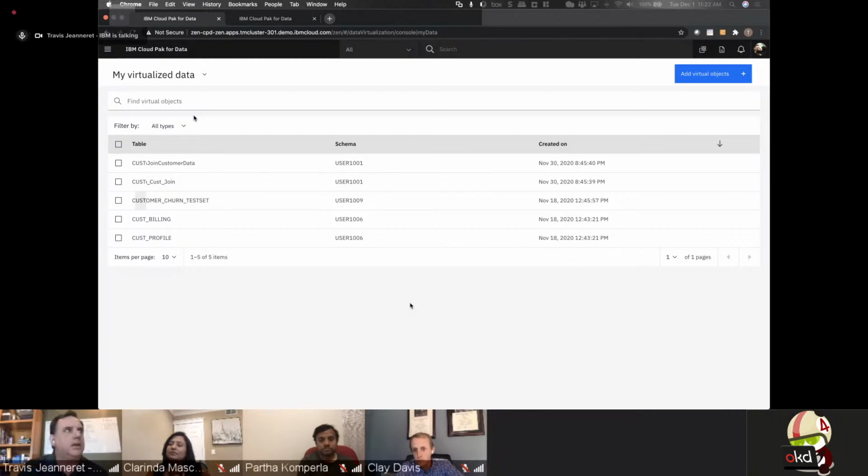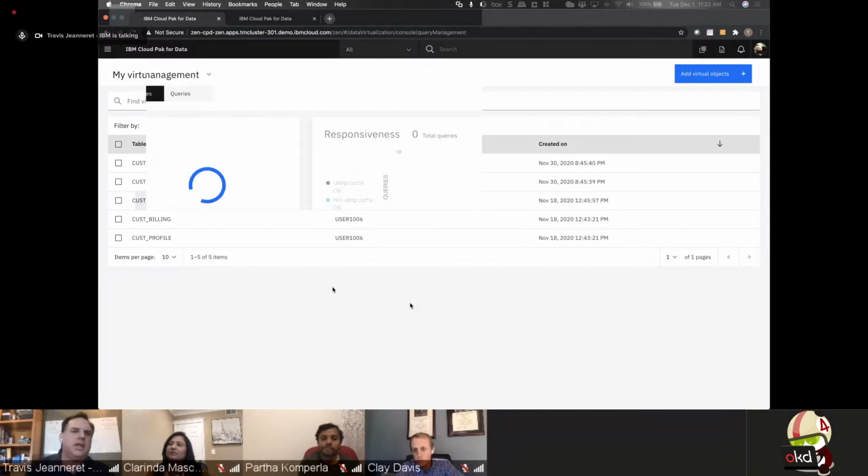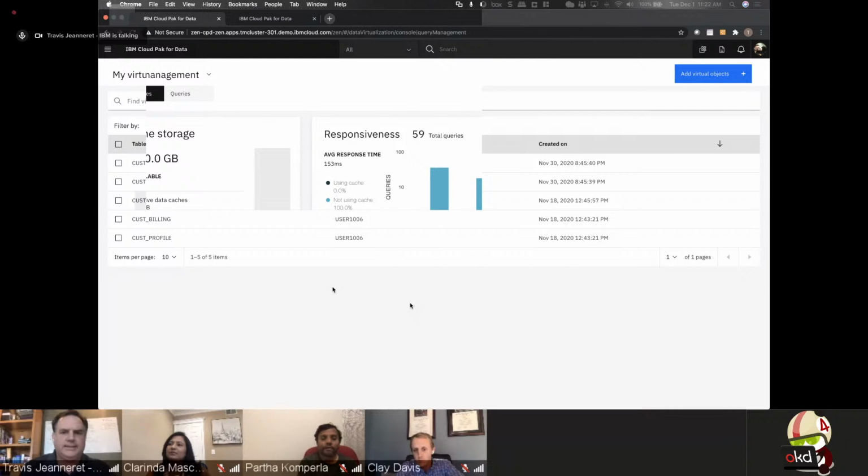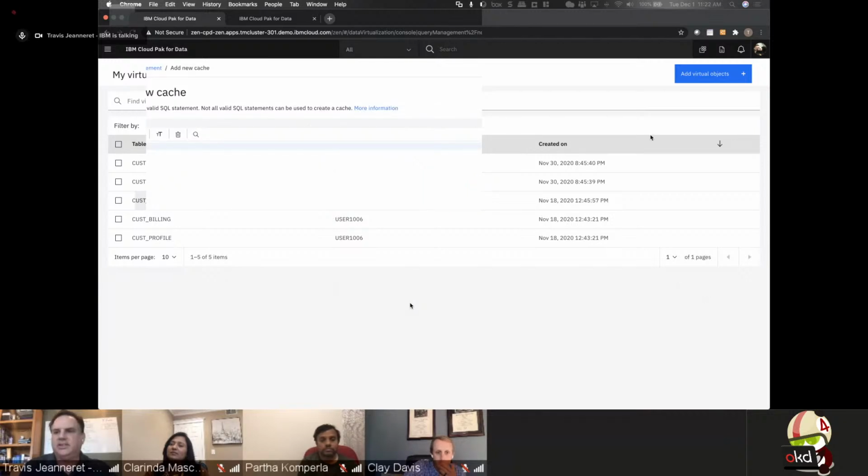One more quick thing that I want to show around data virtualization is a very powerful cache management system, right? So I can actually log in as an administrator and I can see the various queries that have been occurring through the data virtualization platform. I can take a look at details of those and see which queries have taken longer, which ones have been quick. And what I can do is I can actually add a new cache ability, right? Where I can actually select